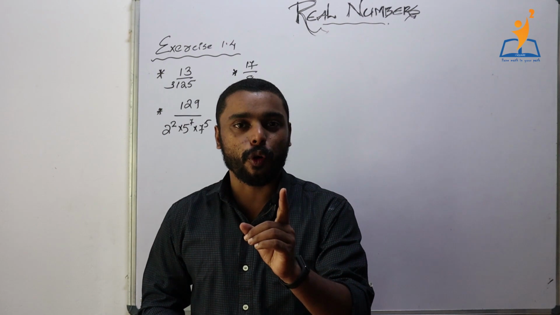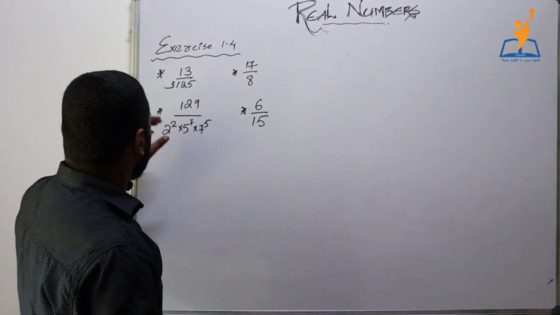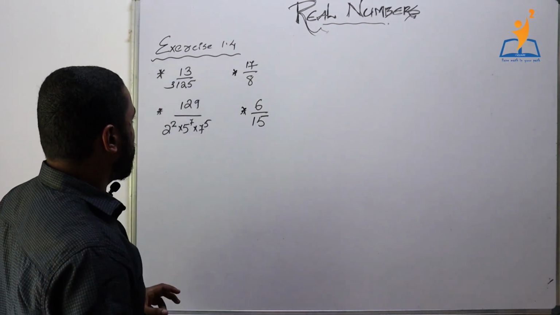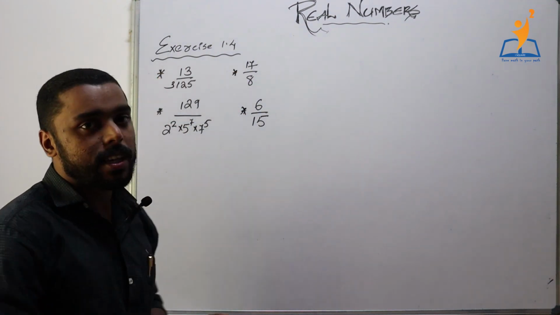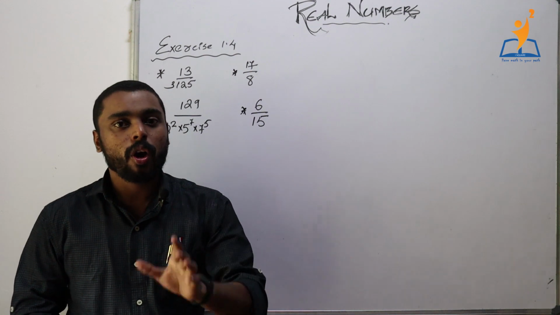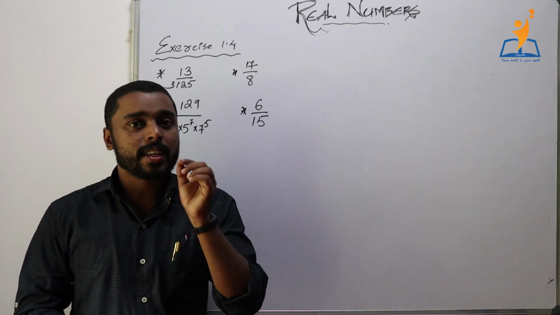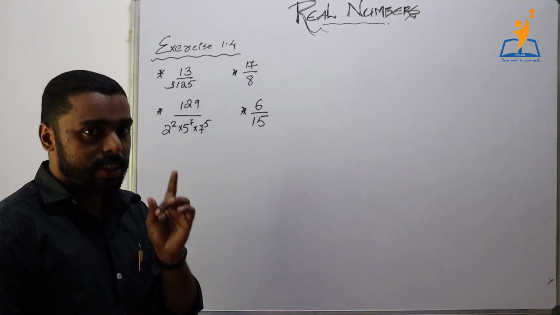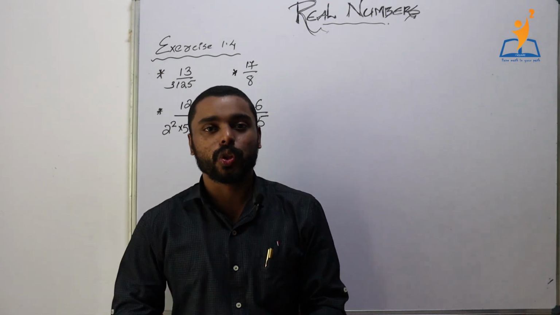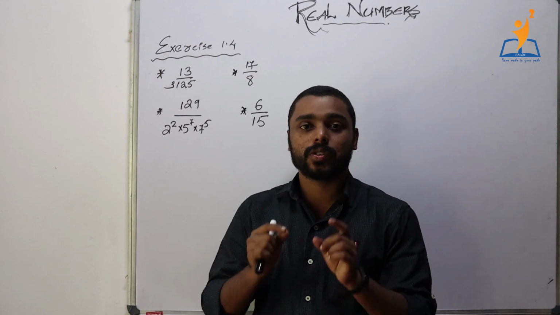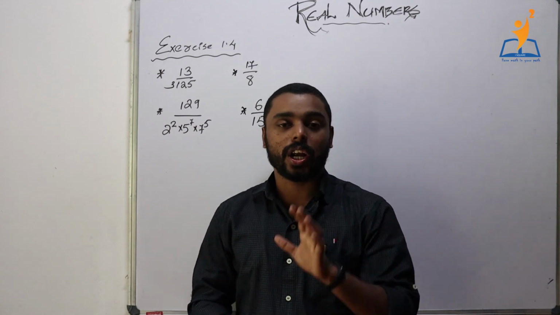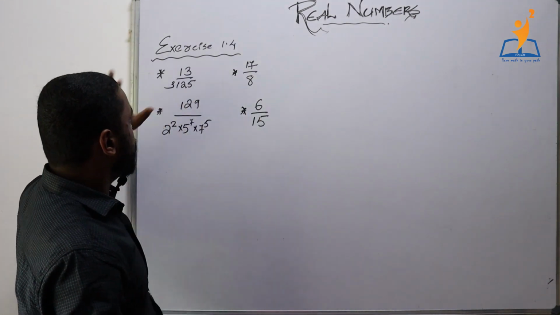Exercise 1.4, first question. Without actual multiplication, we are asked to find whether these rational numbers have terminating decimal expansion or non-terminating decimal expansion. Certain questions are skipped here just because you can easily do those questions if you understand this process very well. So we shall begin. First question, 13 by